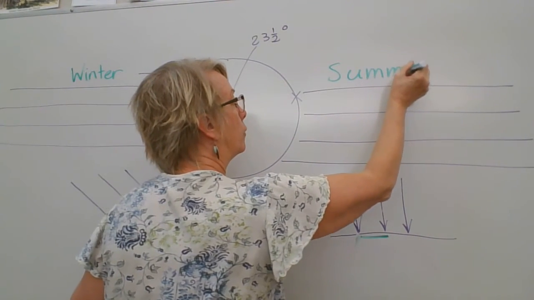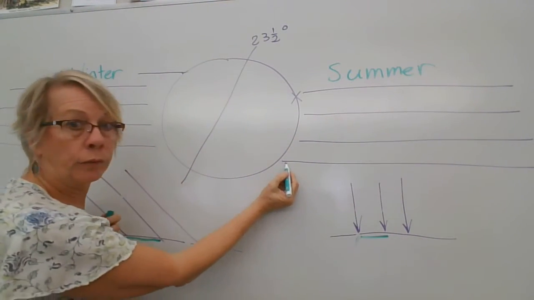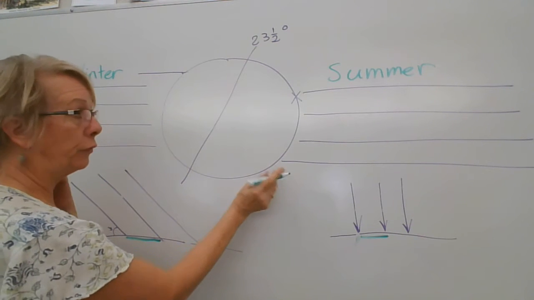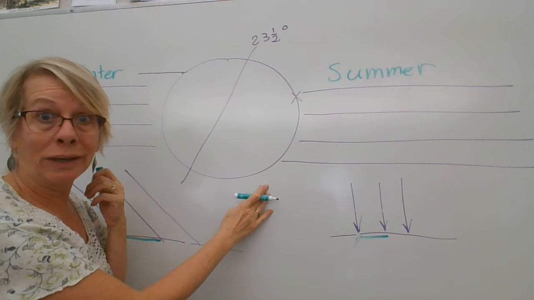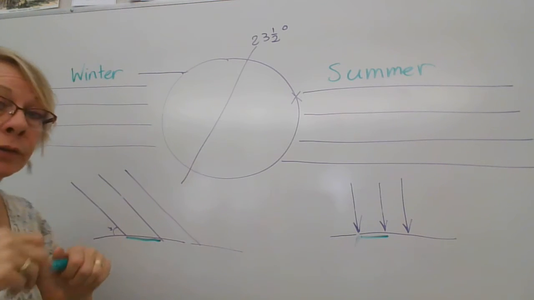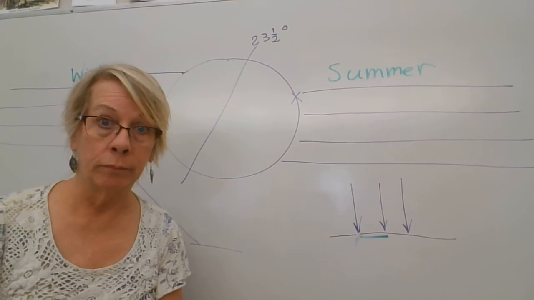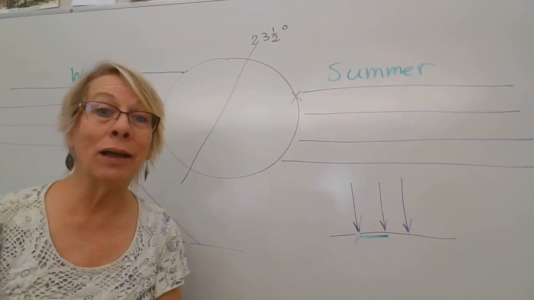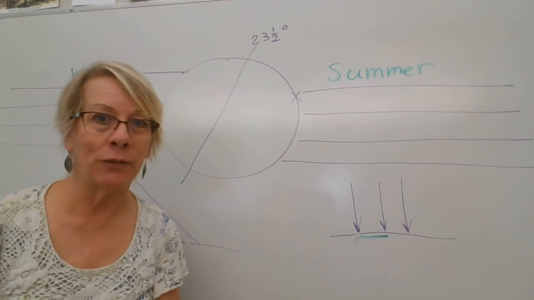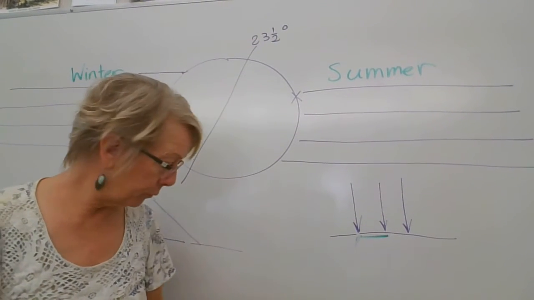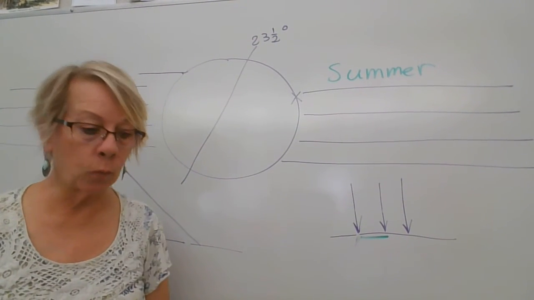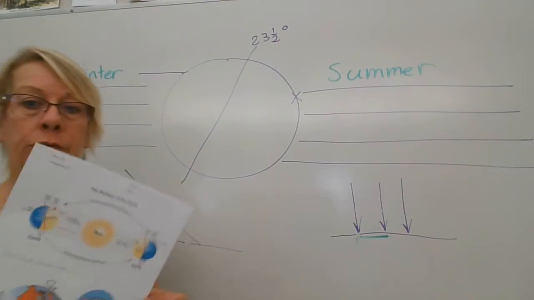where we live. Now down here, where the sun is hitting more at an angle, that's the southern hemisphere, like down where Australia is. So at Christmas in Australia, it's the middle of summer. Pretty weird, huh? And June is the middle of winter for them. So if you ever go live in Australia, you're going to be all confused. That's why we get the seasons.